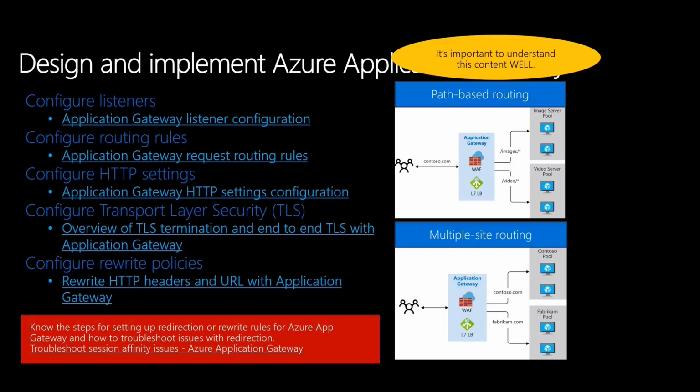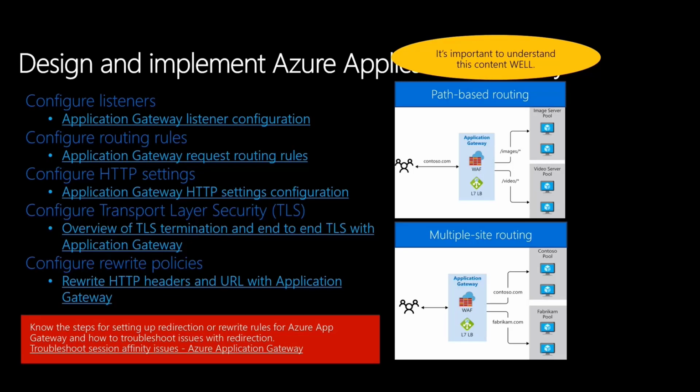In the bottom image, we've got multiple site routing. And so what this is doing is configuring more than one web application on the same application gateway instance. So with multi-site configuration, you register multiple DNS names, CNAMEs, for the IP address of the application gateway, and you specify the name of each site. The application gateway uses separate listeners to wait for the requests that are destined for each site. Each listener is going to pass the request to a different rule, which can route the request to servers in